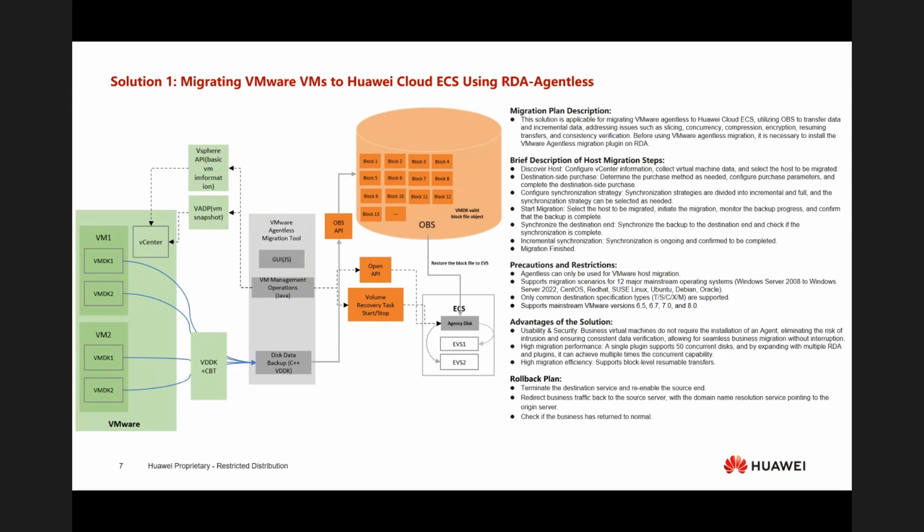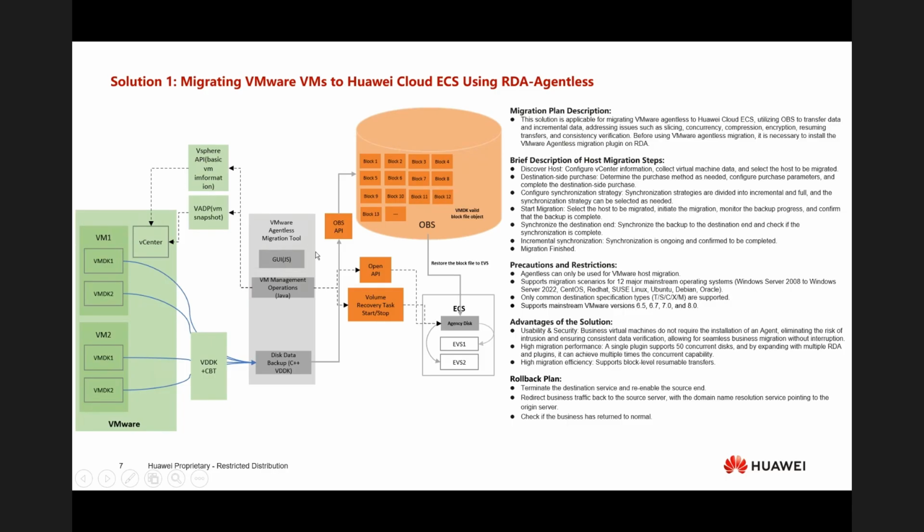One, we will be using RDA with the agentless method in order to migrate the VMware VMs to Huawei Cloud ECS. Okay, so you can see here that we need to have access to the VMware vCenter,